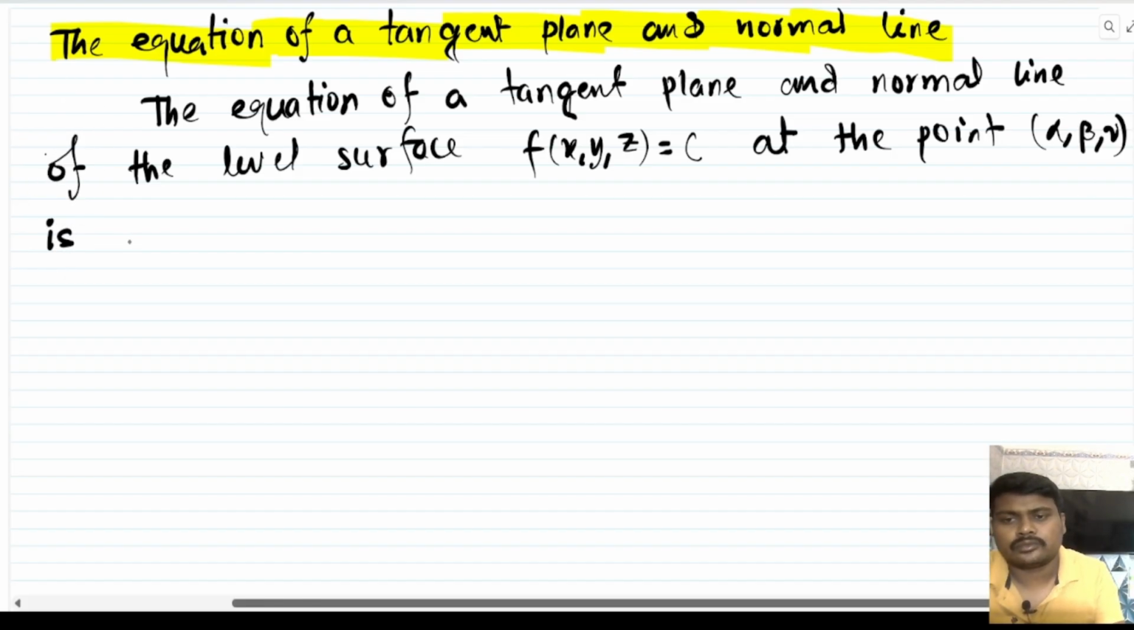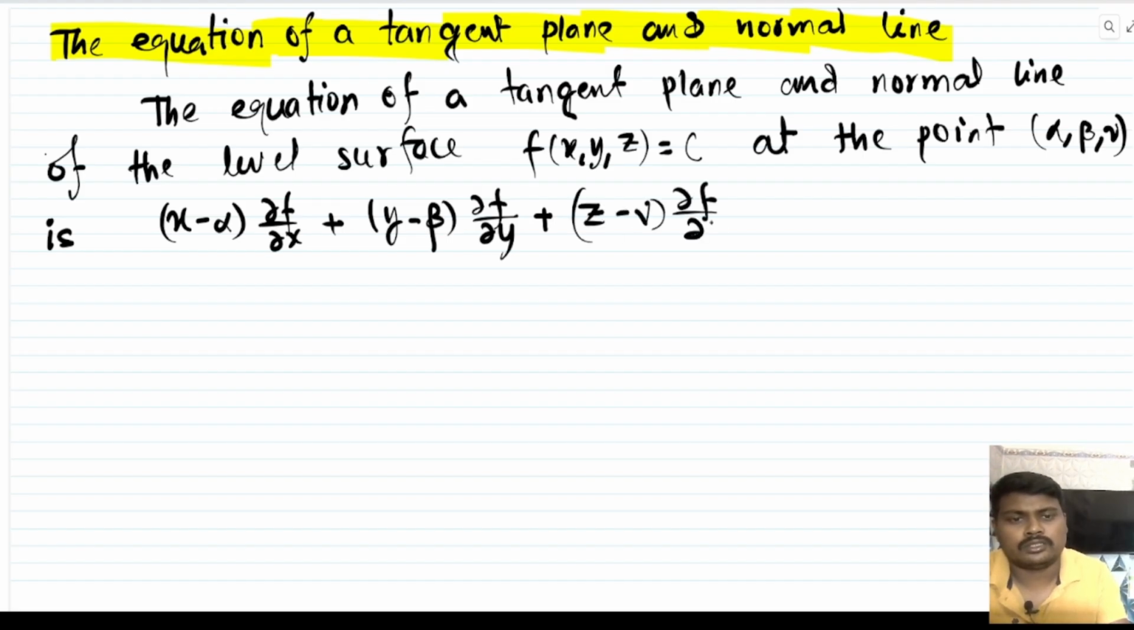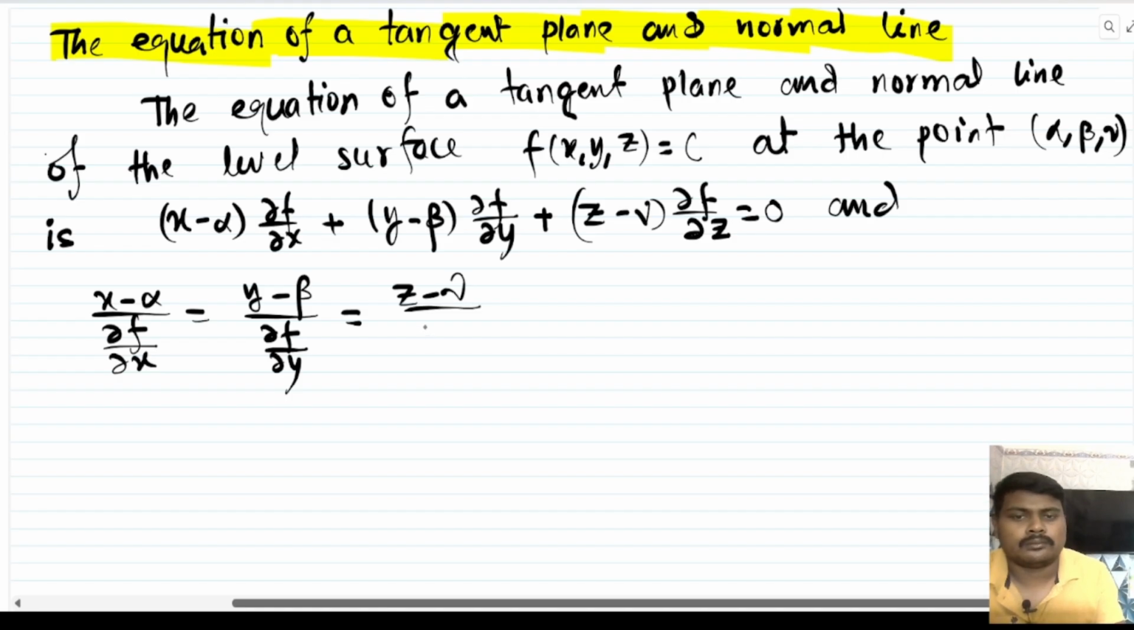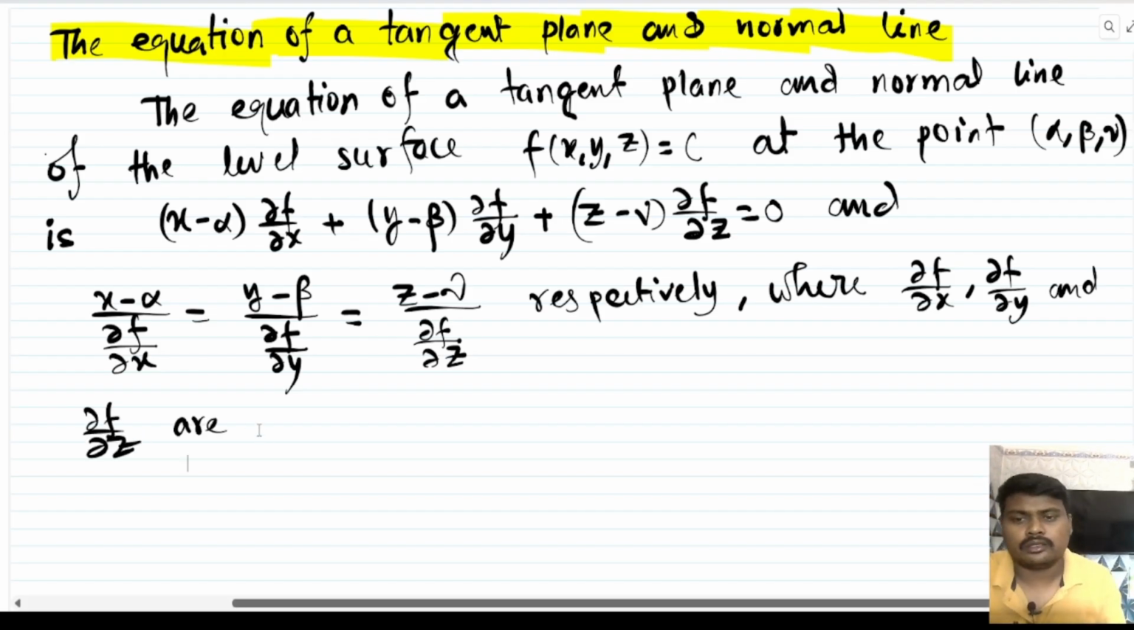The equation is (x − alpha) ∂f/∂x + (y − beta) ∂f/∂y + (z − gamma) ∂f/∂z = 0, and (x − alpha)/(∂f/∂x) = (y − beta)/(∂f/∂y) = (z − gamma)/(∂f/∂z) respectively, where ∂f/∂x, ∂f/∂y and ∂f/∂z are evaluated at the point